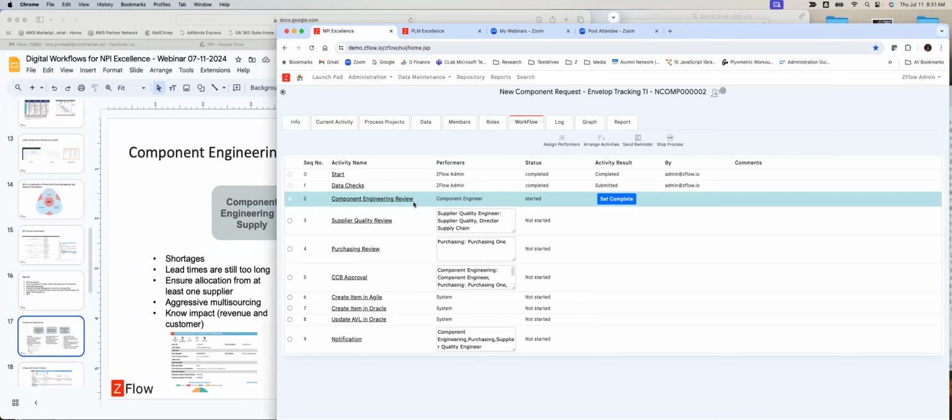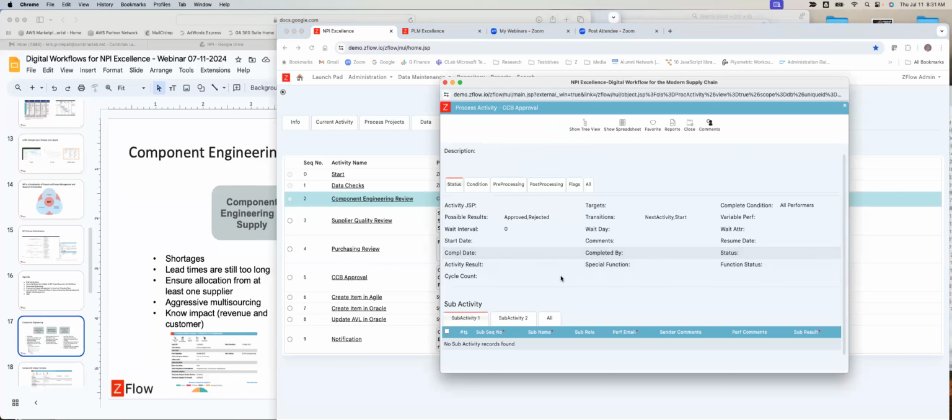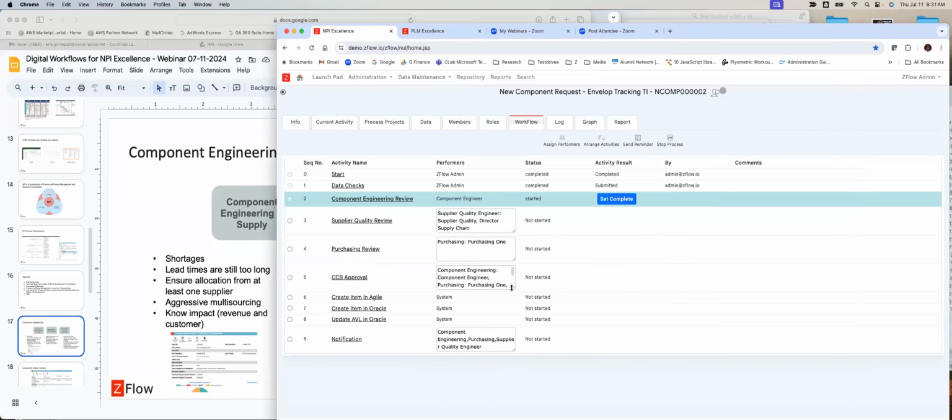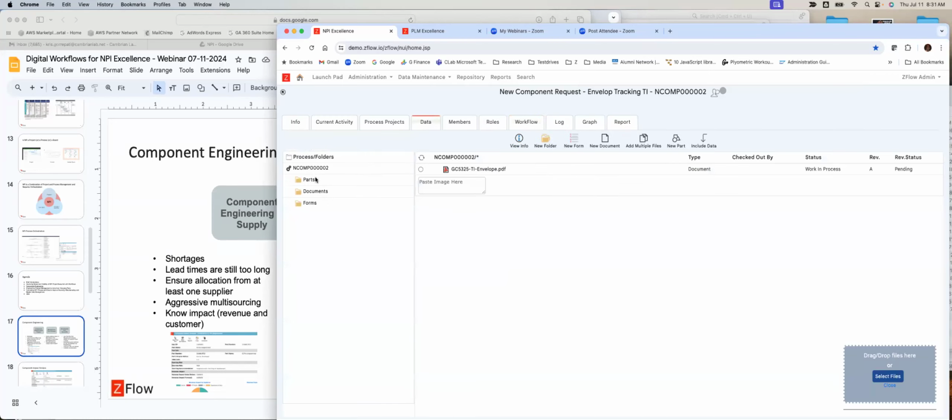They'll say component engineering. When a new component is coming into the organization, there is a review, supplier quality review, purchasing, CCB has to approve, and CCB can include a lot of different people. And once that is done, it's not over, right? So if you are actually releasing this part,